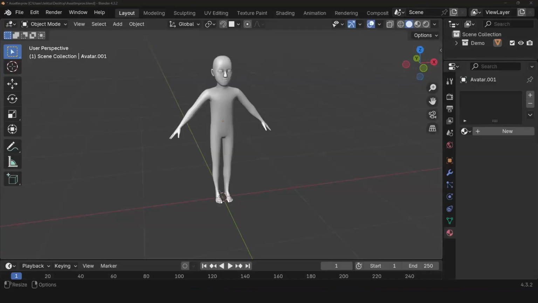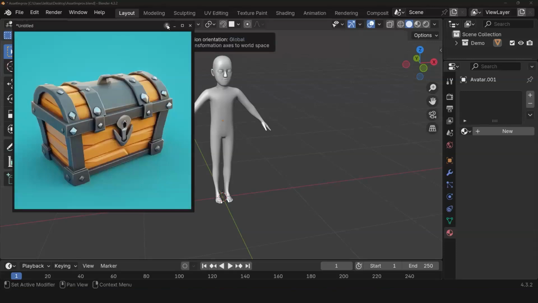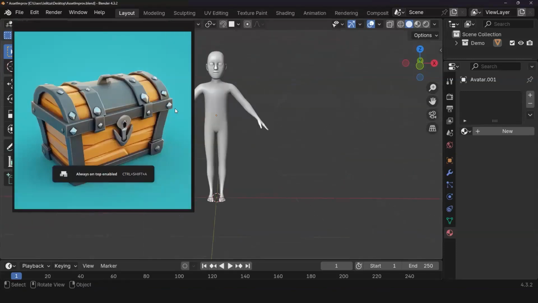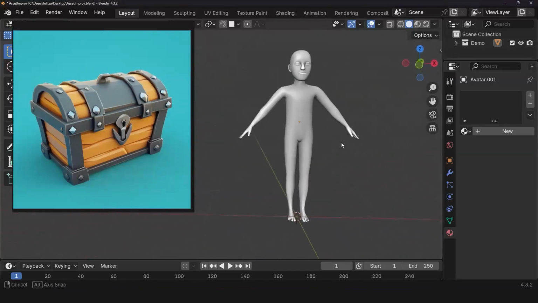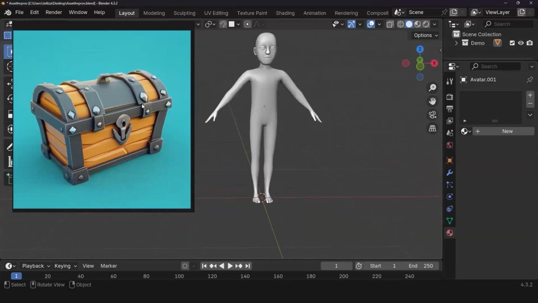I usually like to use this program called PureRef. PureRef is really cool to have, and it's free. Basically, you can use it as an idea board. Here's my reference image. I can pin this to the top. And now if I were to go into Blender, I could just have this right on top. It's really cool.